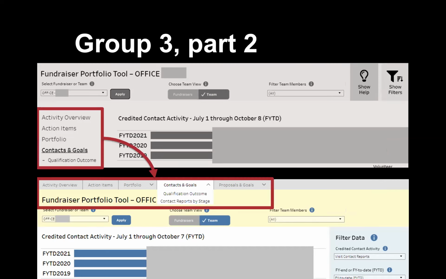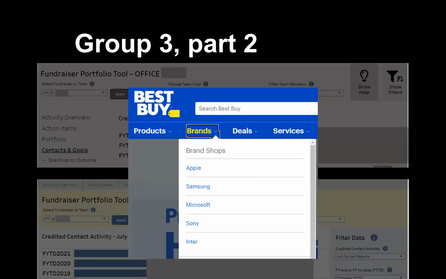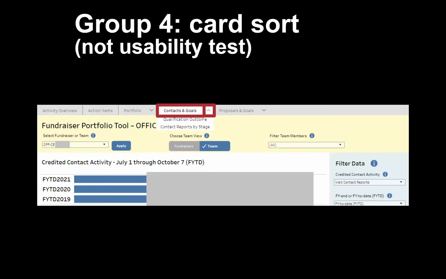But the other thing that we learned was that this round of testing showed they get the top navigation without issue. So if we can show the filters and put the navigation at the top, that's awesome, because it mimics things they use on the web elsewhere. This is that same Jacob's Law thing that Hobbs talked about. Your users are using other websites 99% of the time. So if we can mimic something that they're used to, like this menu on the Best Buy website or in pretty much every other shopping app, why not try it in Tableau?